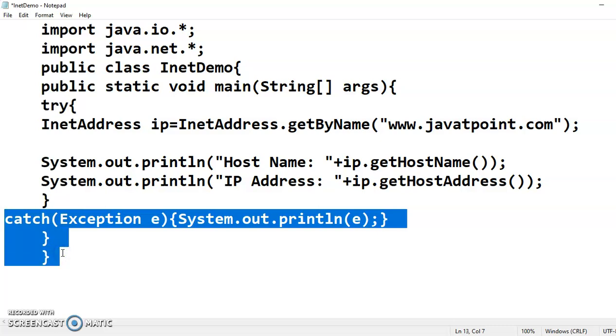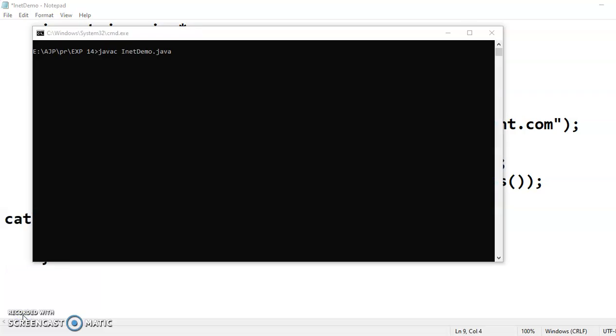So quickly we'll run this program. Here you can see I'm compiling the program with the command javac. It is successfully compiled, so I'll run this program by writing java InetDemo and see the output.